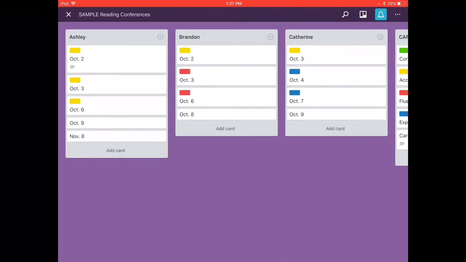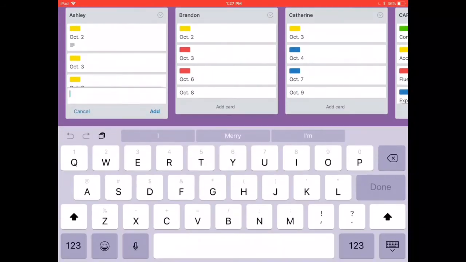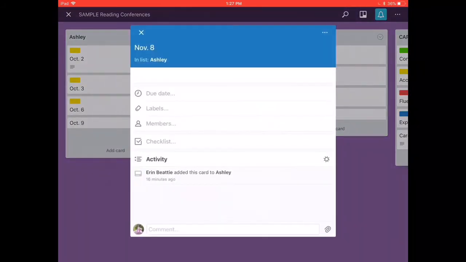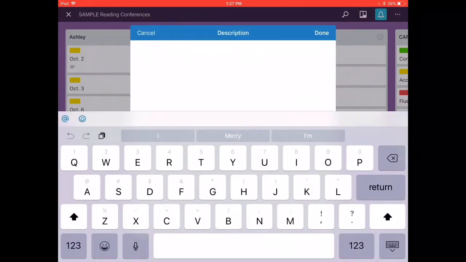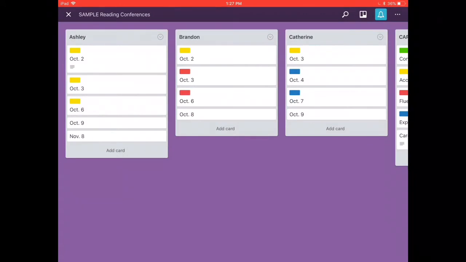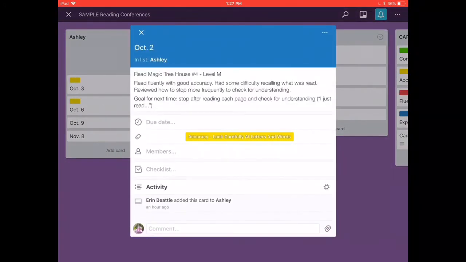During each conference session, I add a card to the list. I name it using the date of the conference, but you could do this differently. Once the card is created, I tap it to open it up. I tap the description field and add my notes as my student reads to me. I include what I observe, what teaching I do, and what the student's goal is for the next days until